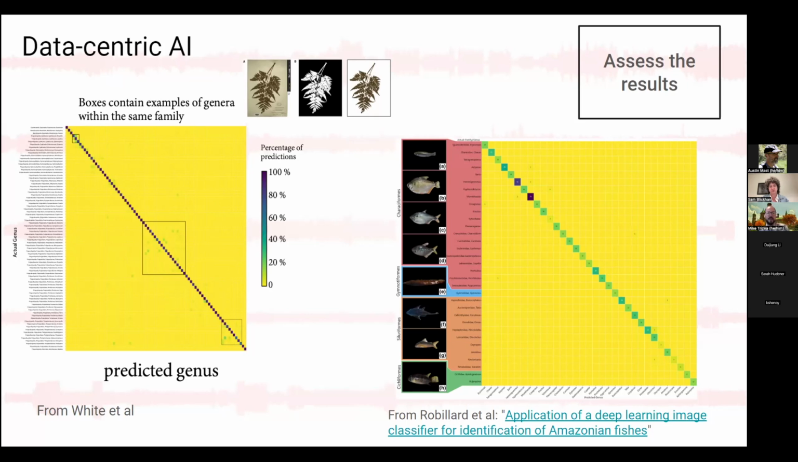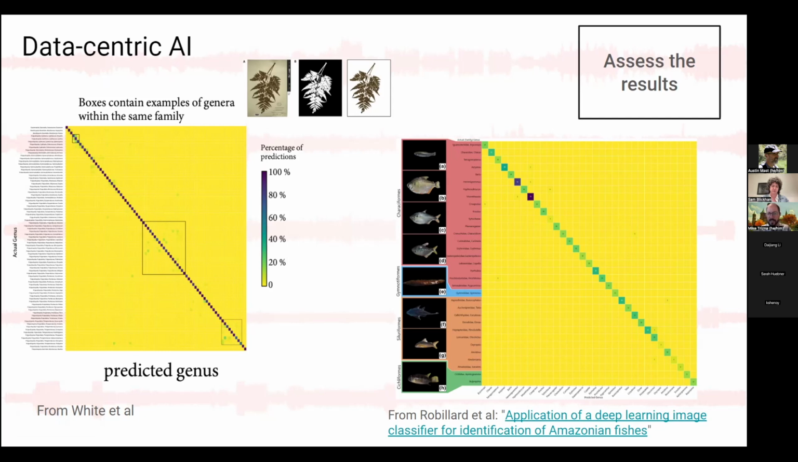So these are two examples of what are called confusion matrices, where we took some digitized images of ferns in this one example. Here's another one with digitized fish, where we built a computer vision model to predict the species or the genus of the fish or fern. And if it got it right, you get high accuracy and get purple marks here. But what's really interesting is when it gets it wrong,